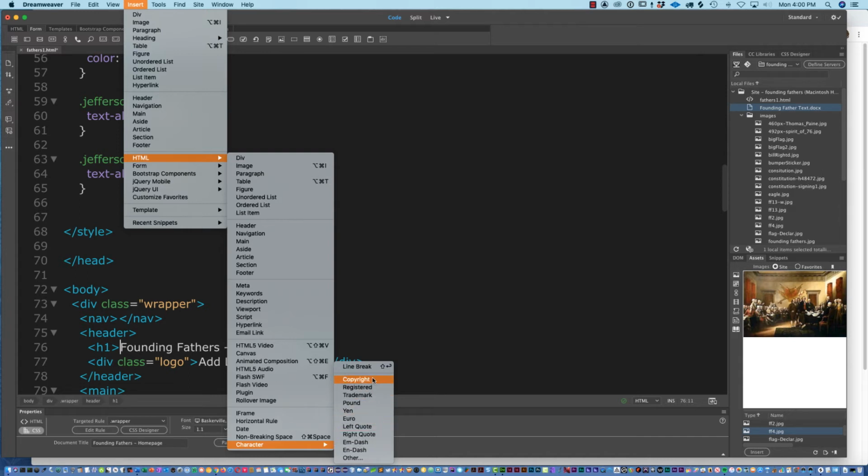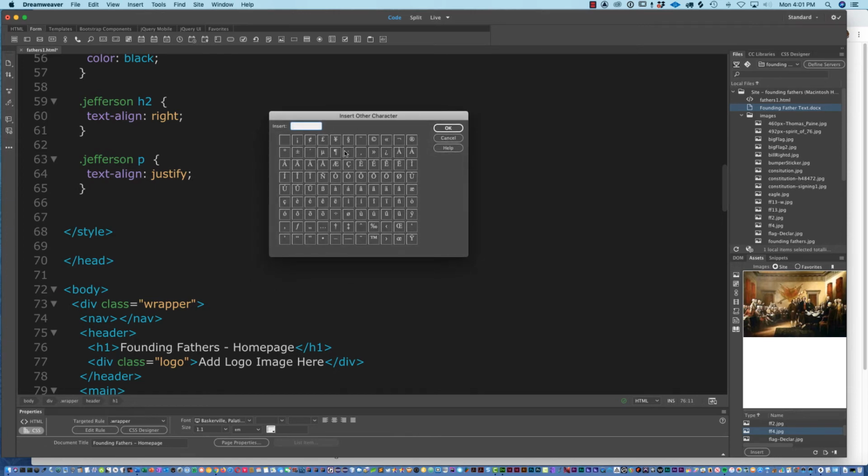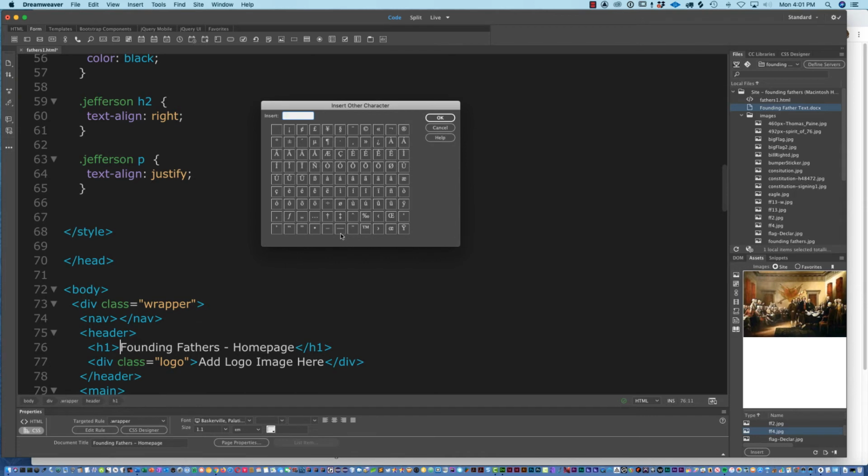Or you can choose Other, and you get a nice pop-up menu that shows you all the extra characters included within this particular font. So there's all kinds of things that we can add to our page simply by using Insert. The one that I think I want is the M dash. I think that's down here in the bottom row. So if we click that and click OK,